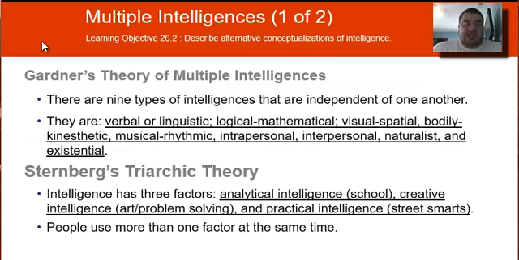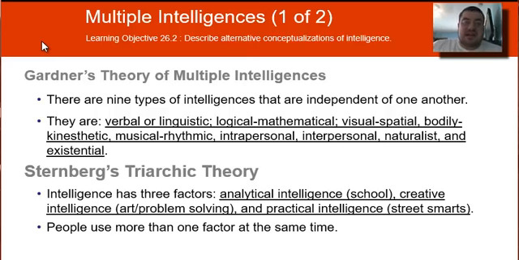Then we have Gardner's and Sternberg's theories. Gardner's theory of multiple intelligences basically says that there's different intelligences that you can excel at that are independent of one another. So you could be a really good athlete and have great bodily kinesthetic intelligence, but not a musician at all and have very poor musical rhythmic intelligence. So there's different intelligences. You're not going to have to know all 9 of them, but just know the basis